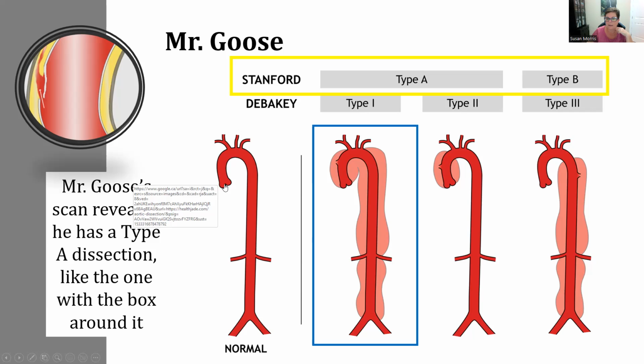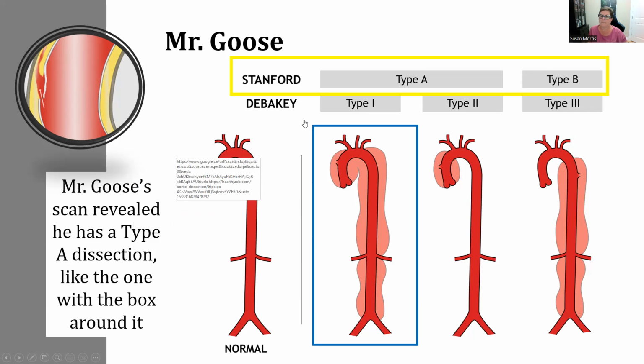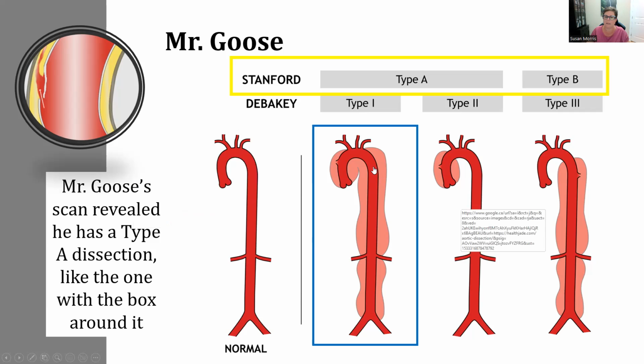It can be from the aortic root up, and it can include the arch vessels. And then a type B dissection is the descending aorta. And so the alarming thing for Mr. Goose, and he is a true patient that we had,